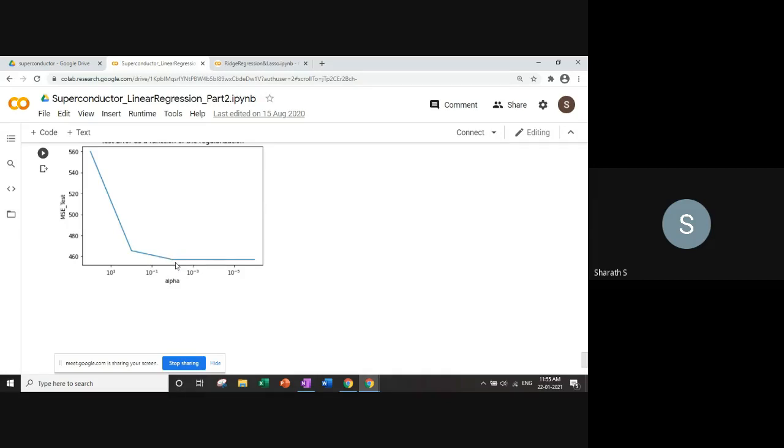The tunable parameter does not always arrive at the end. It could also rise again something like this. So you could have a bathtub curve happening here as well. Whichever alpha value gives you the minimum test error, you freeze that alpha, and you go ahead by building the model with that alpha.